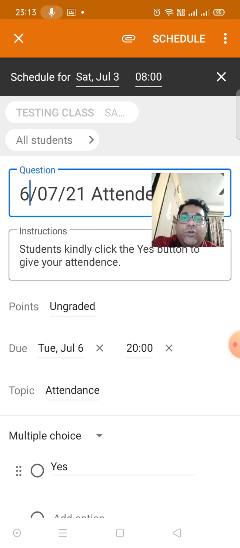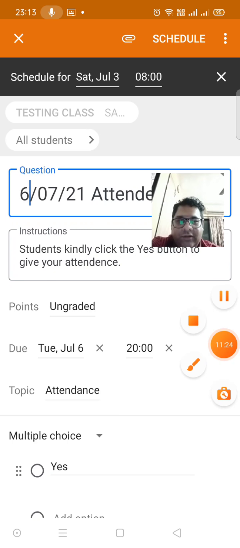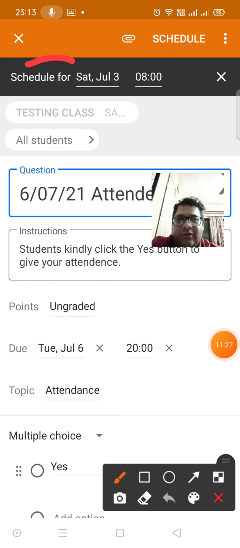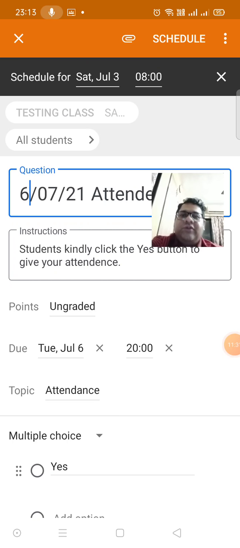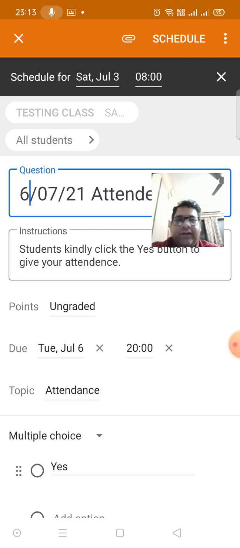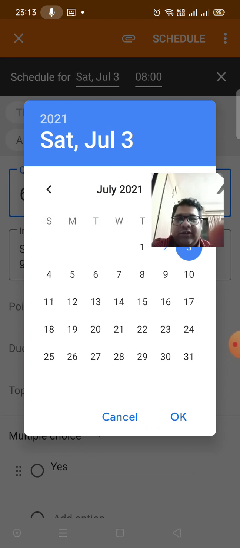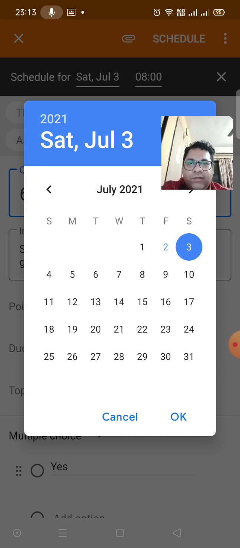Now when you click on schedule, you will get an option at the top over here. See here. This option is to schedule the date and the time. What time you want this post to go to the students. Now we click on the date. Okay, then we select the date which we are going to schedule this.